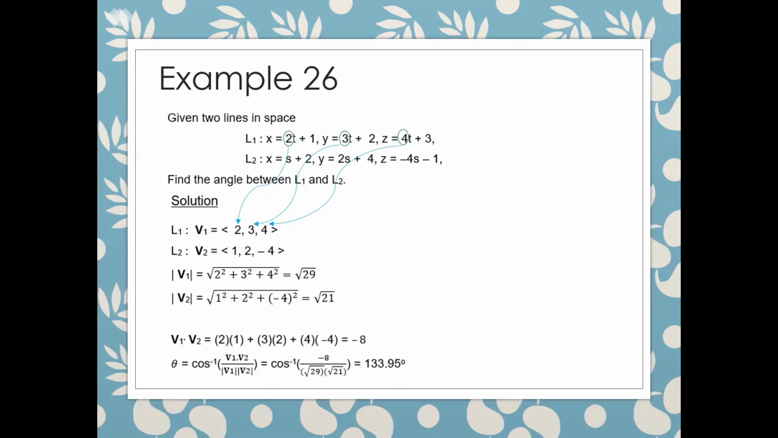Then, find the scalar product of V1 and V2, that is, V1 dot V2 is equal to 2 times 1 plus 3 times 2 plus 4 times negative 4, which is equal to negative 8. Substitute the answers into the formula of theta, which is equal to the arc cos of V1 dot V2 over magnitude V1 times magnitude V2. It is equal to